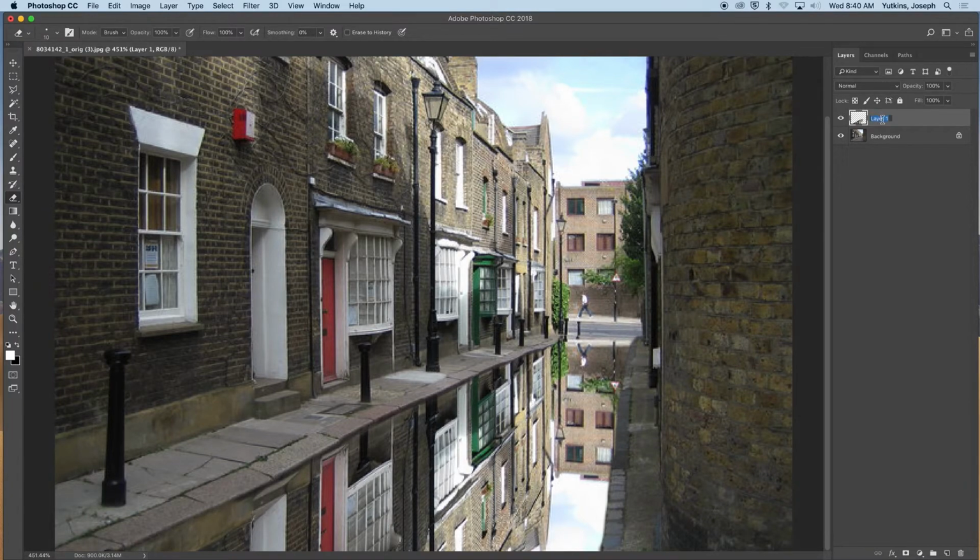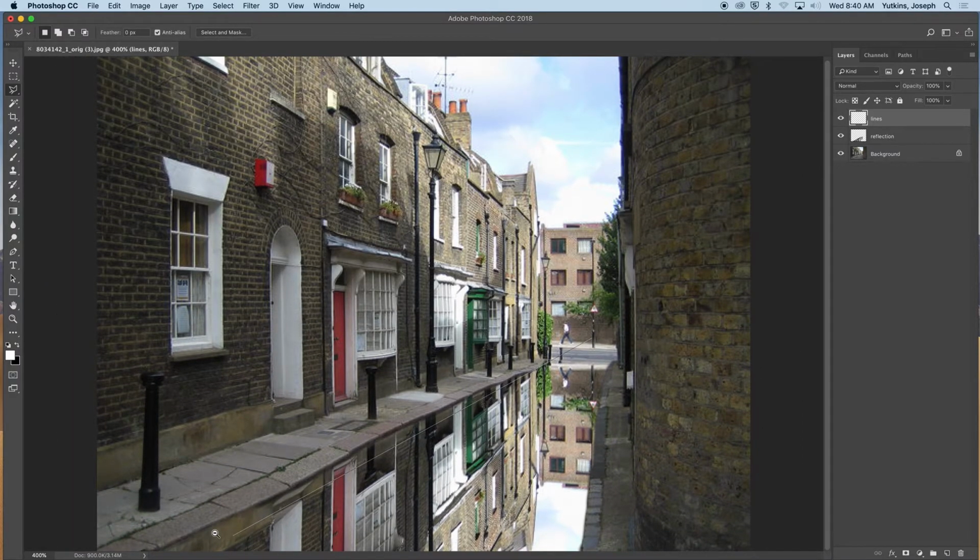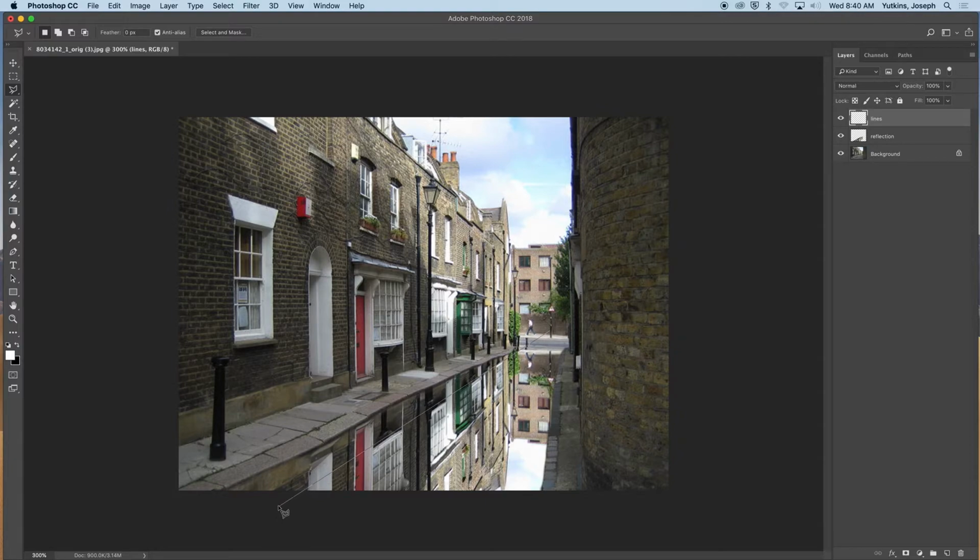Okay, so I'm going to rename this because I'm going to start adding a couple of layers. So I'm going to call that layer reflection. The background is default background, and I'll make a new layer by clicking on this tab, and I'm going to call this one lines. On my lines layer, I'm going to take the polygon lasso tool again, and starting from up here, I'm going to drag a line down to about here, and then we're going to bring it back up to here,